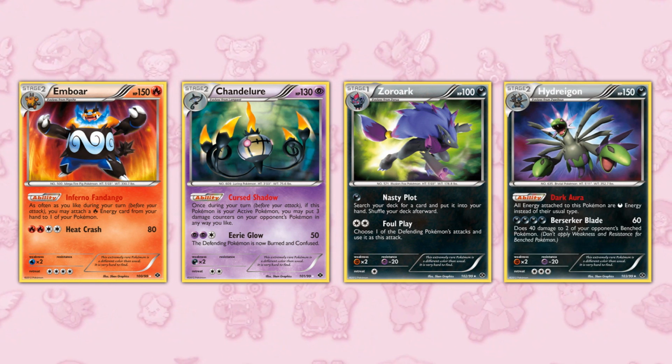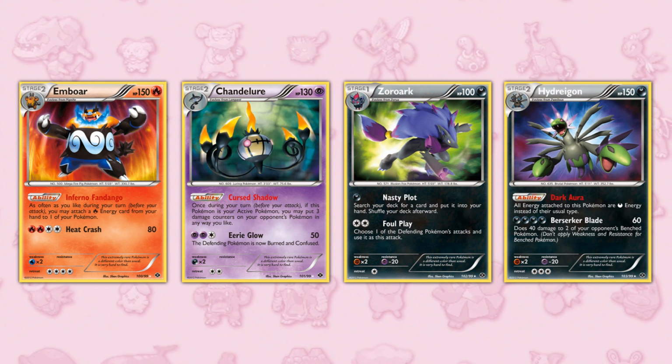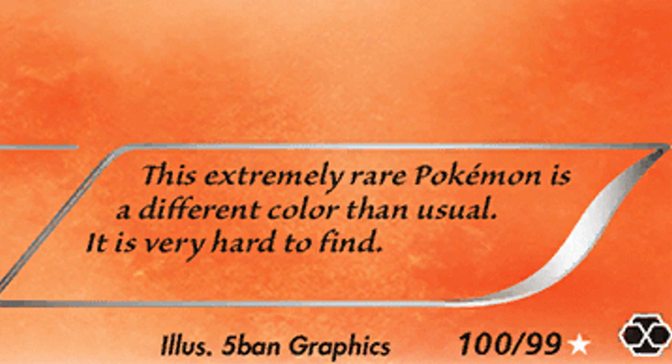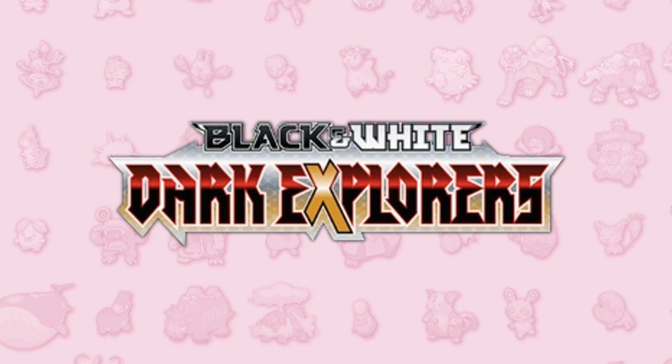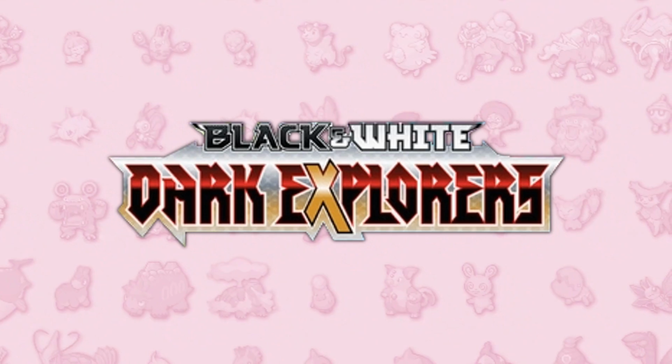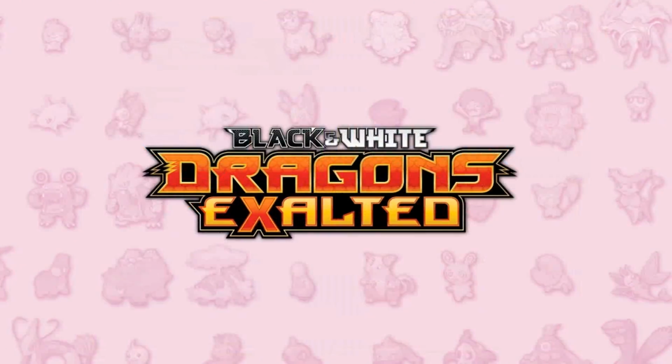These cards are proper secret rares that are outside the set, but not part of another subset, kind of like HeartGold and SoulSilver's Gyarados. All of these cards have the text, "This extremely rare Pokemon is a different color than usual. It is very hard to find." The next set, Dark Explorers, picks up where Next Destinies left off and introduced 2 new shiny secret rares, being Gardevoir and Archeops. Dragons Exalted has